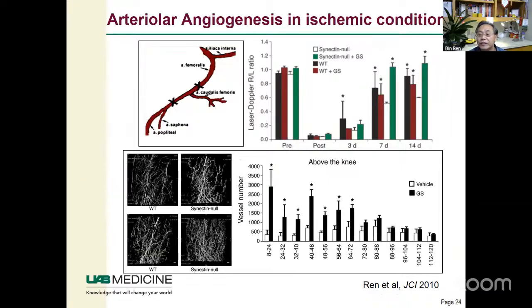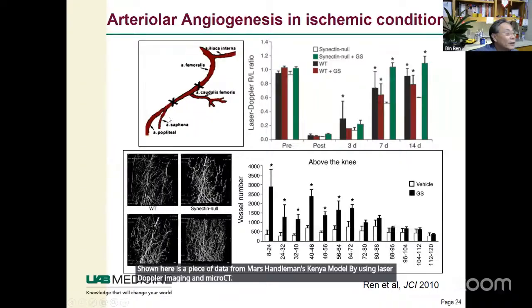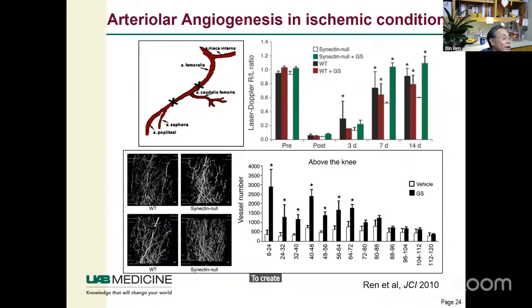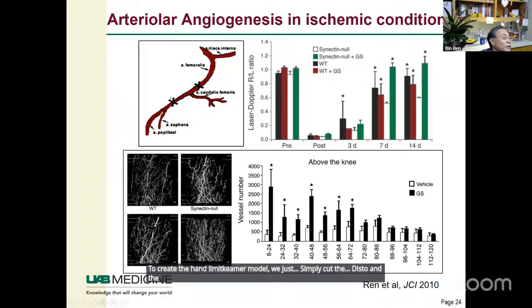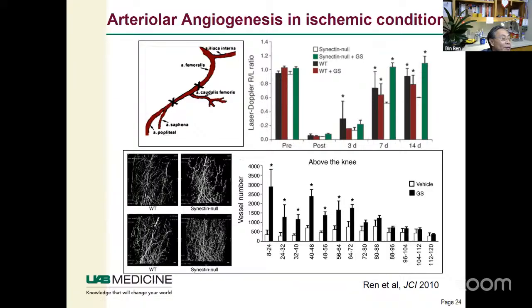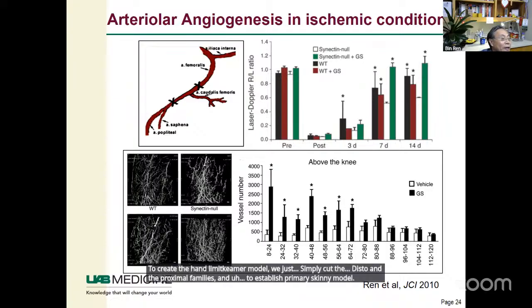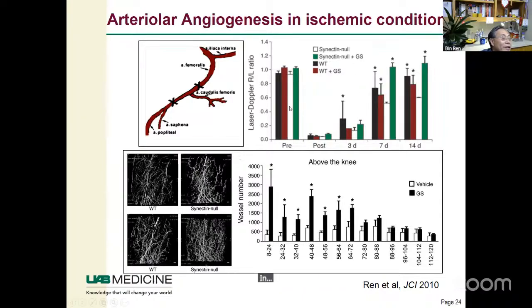Shown here is a piece of data from a mouse hindlimb ischemia model using laser Doppler imaging and micro-CT. To create the hindlimb ischemia model, we simply cut the distal and the proximal femoral arteries to establish the model. As we can see in this statistical bar graph, compared to the control leg,